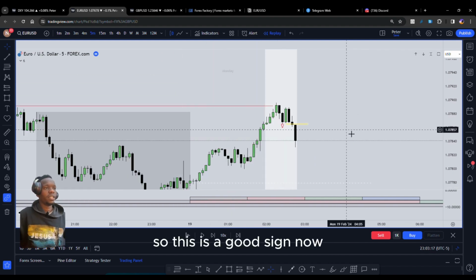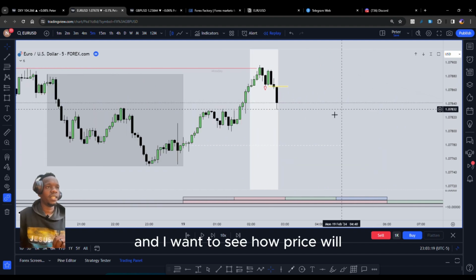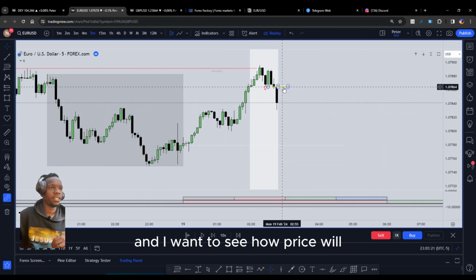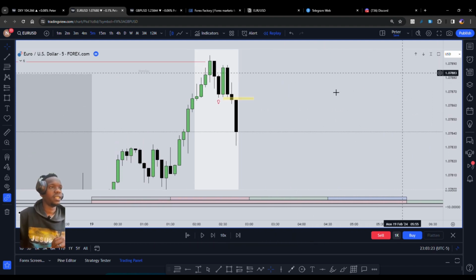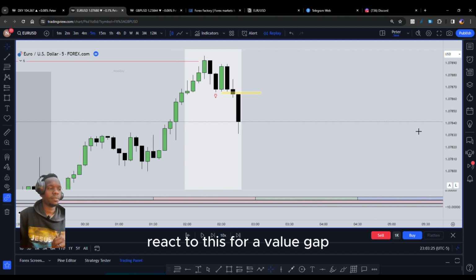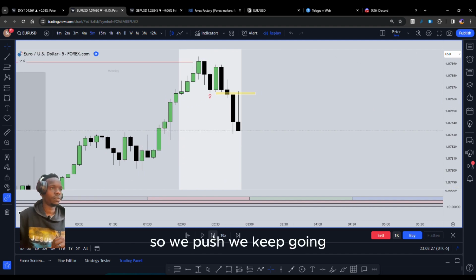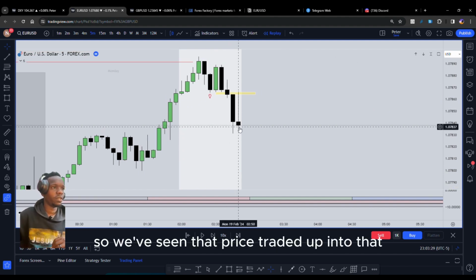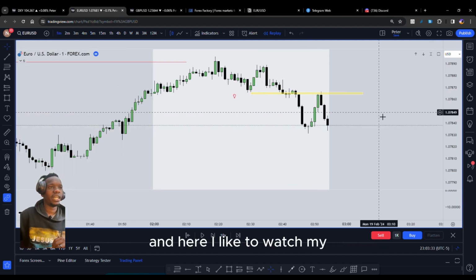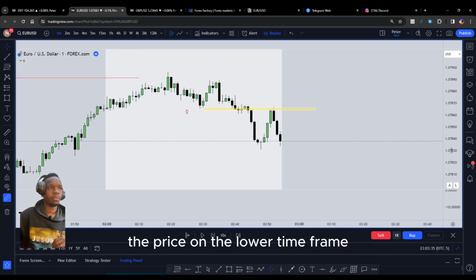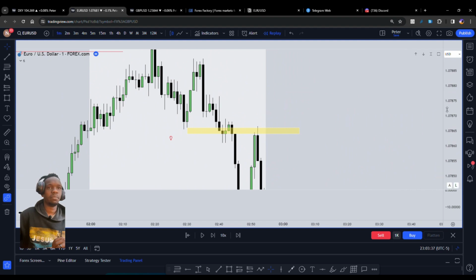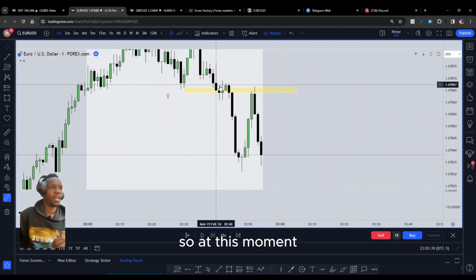So this is a good sign now, and I want to see how price will react to this fair value gap. So we push, keep going. So we've seen that price traded up into that, and here I like to watch the price in the lower time frame, in the 1 minute, so that I can see. So at this moment